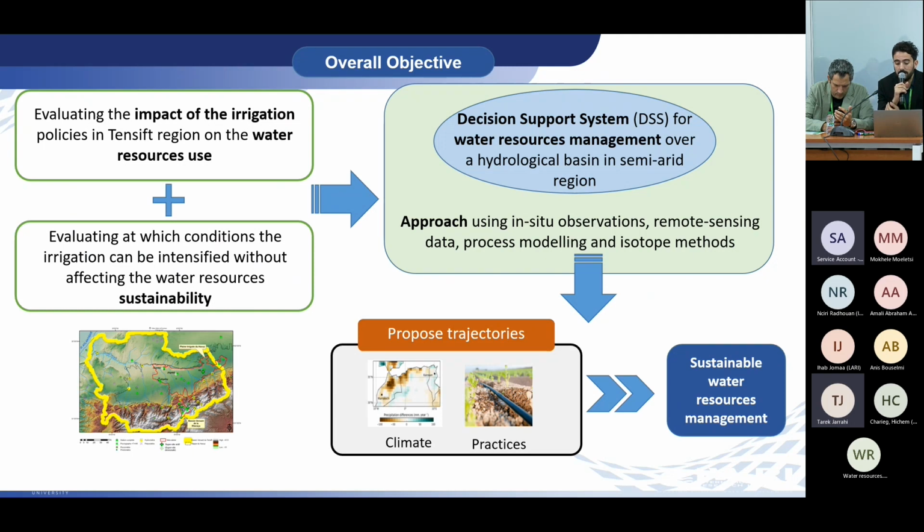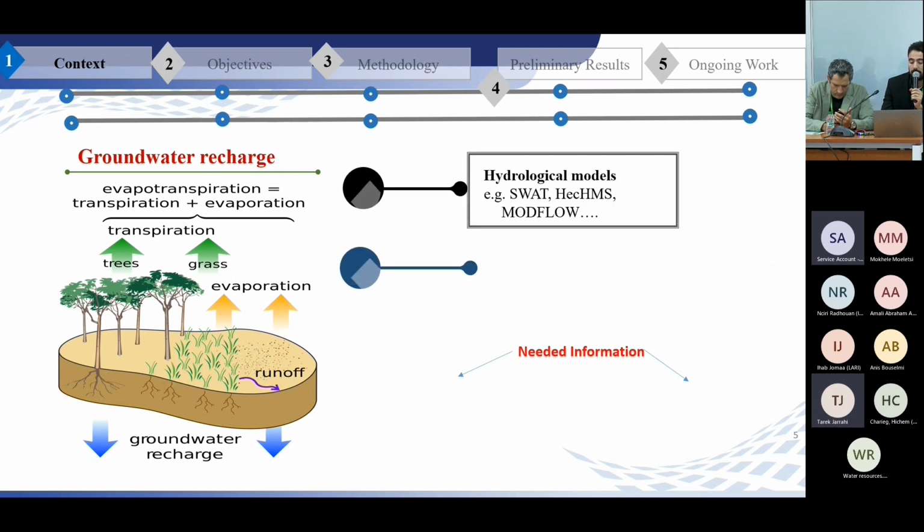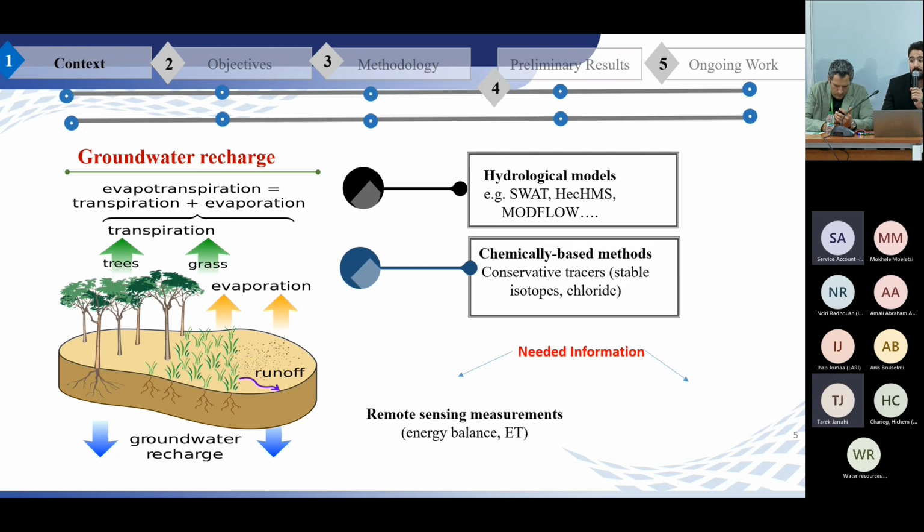So, as I said, the DSS incorporates models and methods, where my thesis is interested in the estimation of the groundwater recharge, which is a very complex process, and is when the water moves downwards from the surface water to groundwater, and has been proven very hard to assess. So we have multiple methods to estimate groundwater recharge,